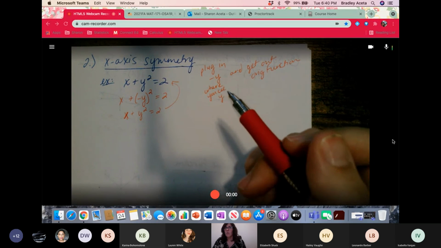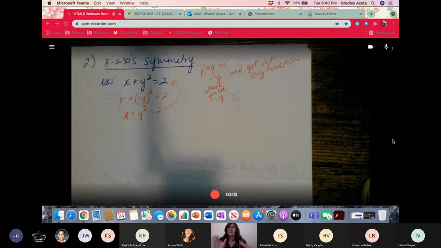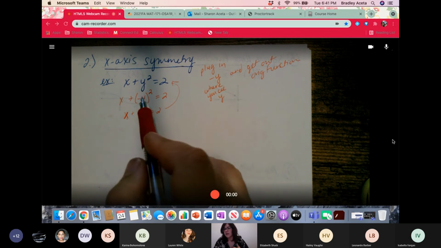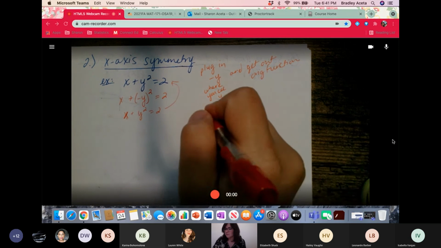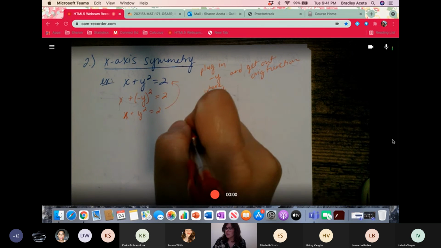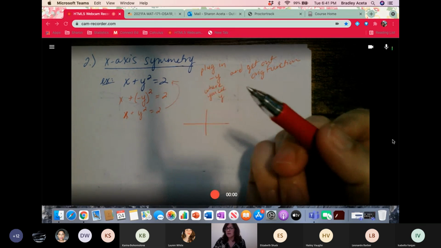So let's go back. For y-axis symmetry, you had to plug in a negative x into the x, and you got out the function. For x-axis symmetry, you have to plug a negative y into the y and get out the original function. This one, they would actually draw it for you because you don't know how to do this part yet,